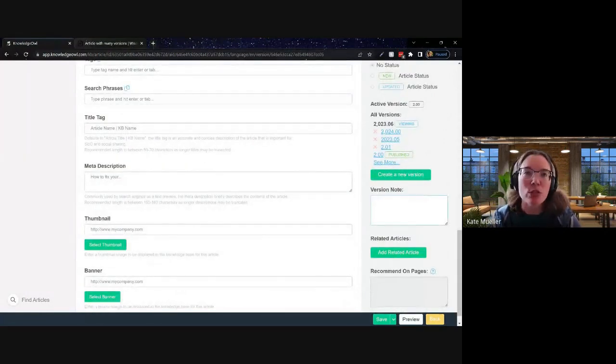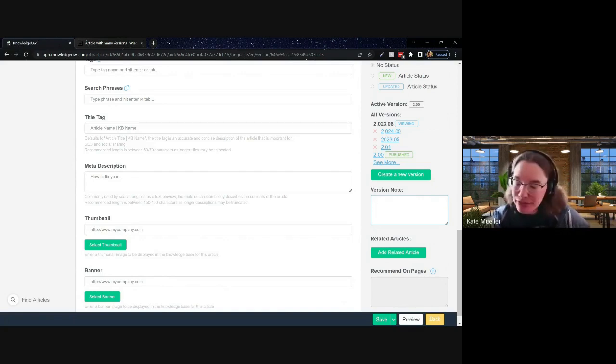Aside from that, from a workflow perspective, there are other elements of this which we will talk about in the next Wisdom Wednesday around being able to review that content before it goes live. So you can actually push it out to certain readers who belong to certain reader groups so that they can see it in the live KB. If you are trying to do some content review processes, that's going to be the showcase of our next Wisdom Wednesday session. The other thing I would point out here is